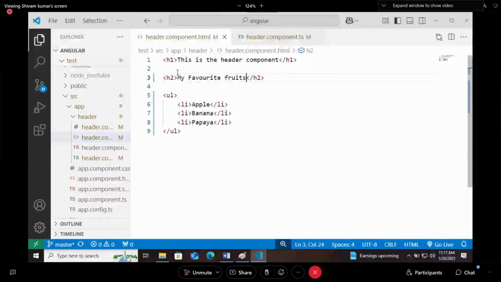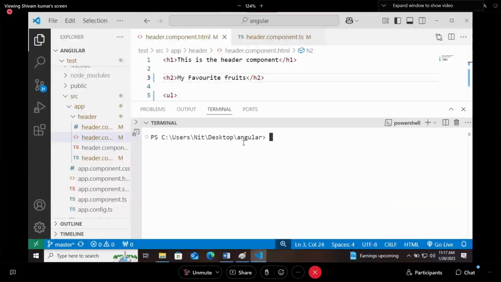Now let's run the application. Yes, what is the command to run the application? Do you remember or have you forgotten?